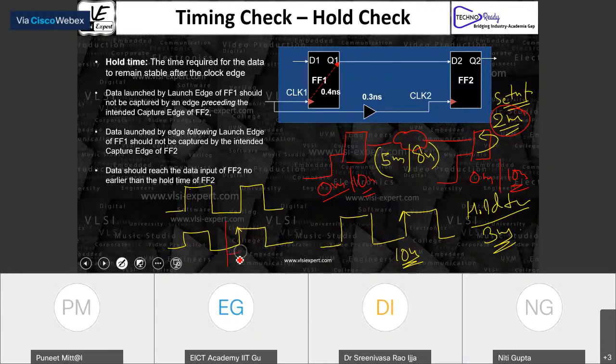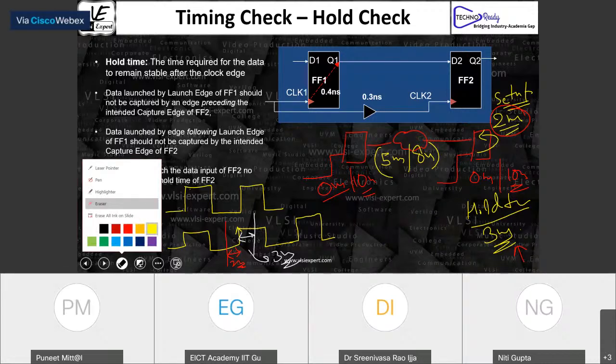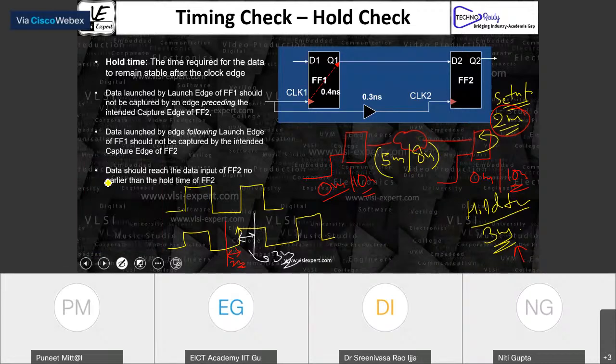That means this is a 2 nanosecond. Data should reach after this, which is a 3 nanosecond. This is a 3 nanosecond. Same thing is going to happen for the next clock also, because every clock is going to capture some data, and at each and every clock we are going to do the same analysis basically. So same thing is going to happen here.